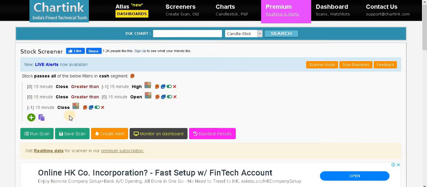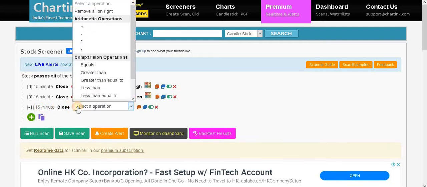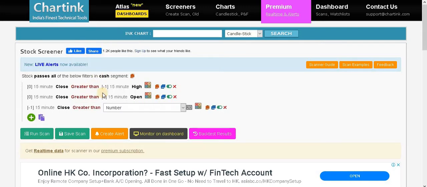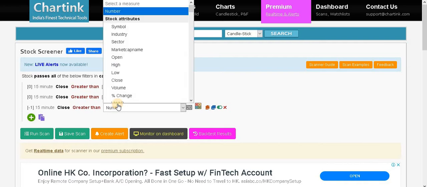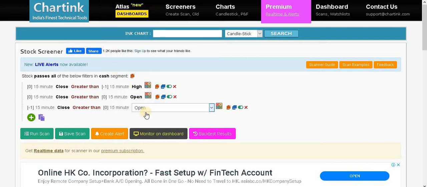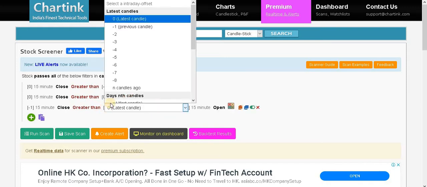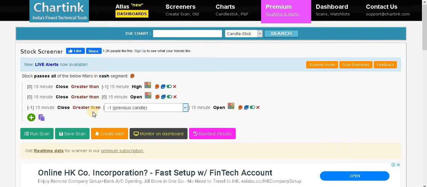So now you got -1, 15 minutes, close, and then over here we need to select greater than, and in this number part we need to select open, and this is done with everything. Just this value needs to be again changed to -1. Now you got the entire thing.